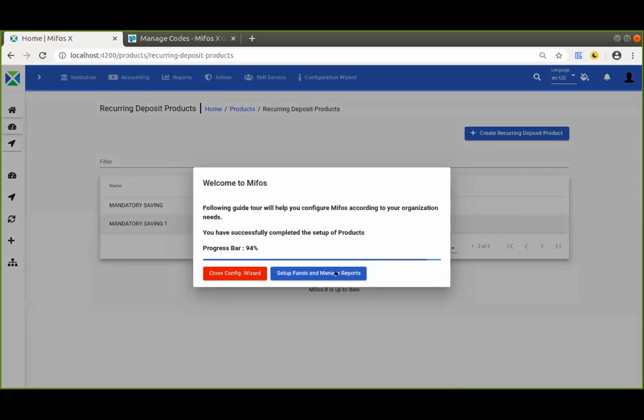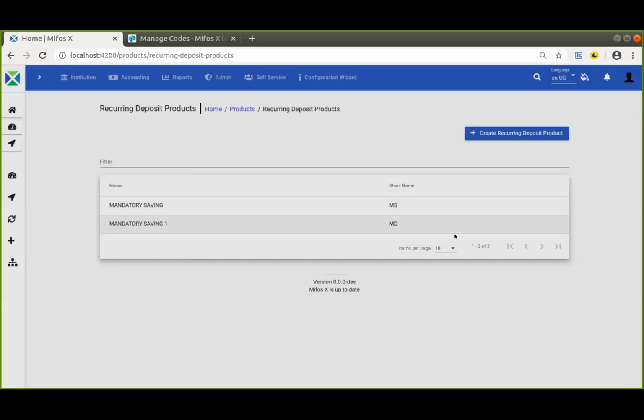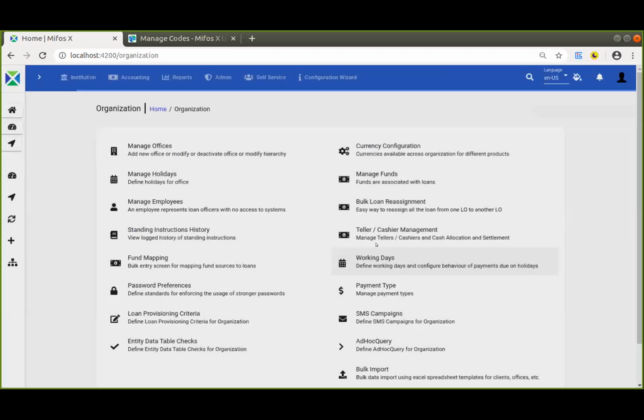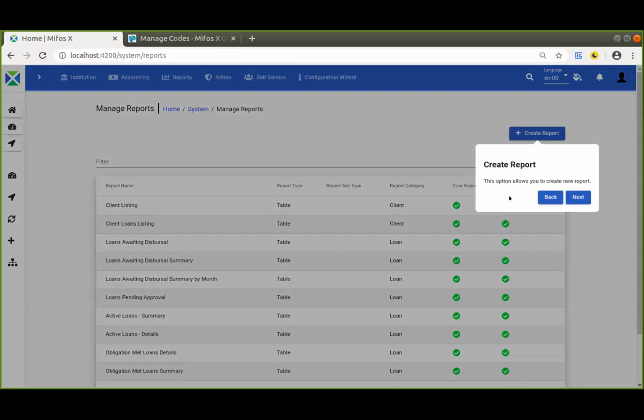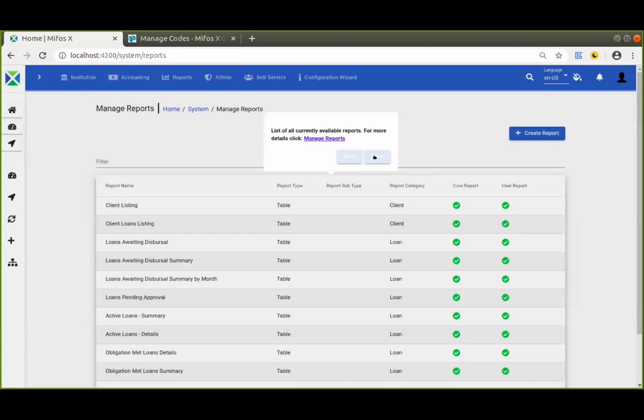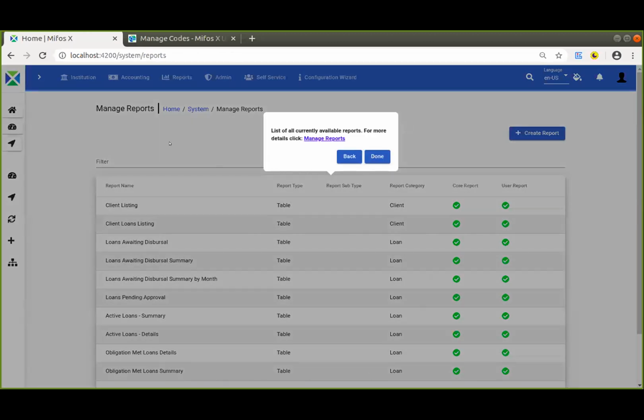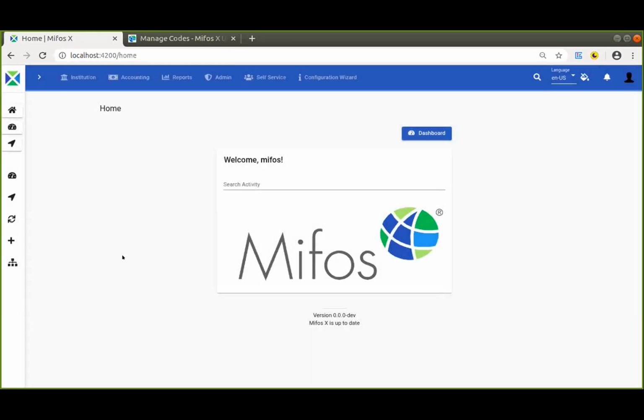Now we will move to the last workflow, that is to set up funds and reports. Now the tour of the configuration wizard is complete, and click on done, then it will take us back